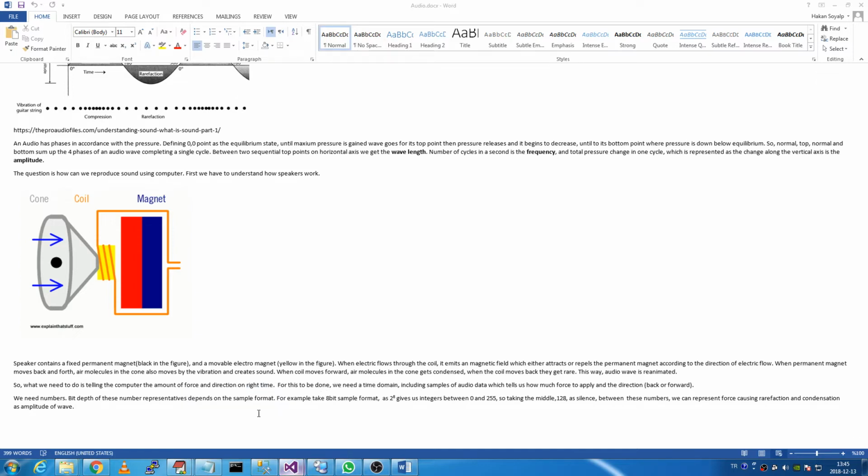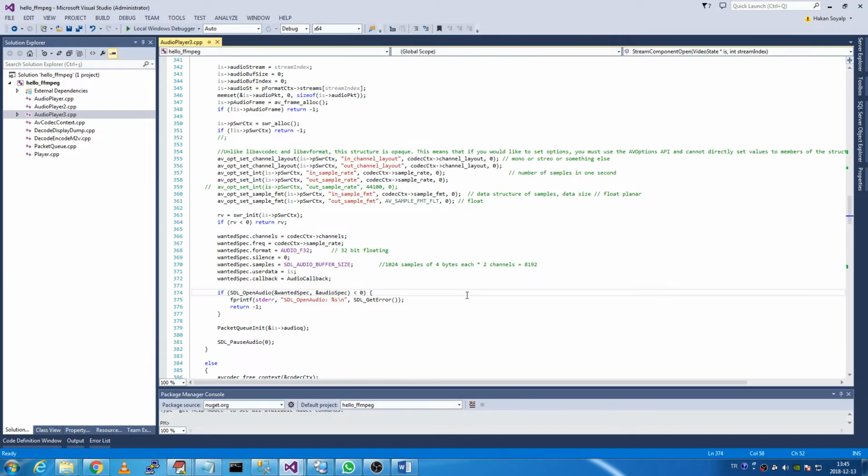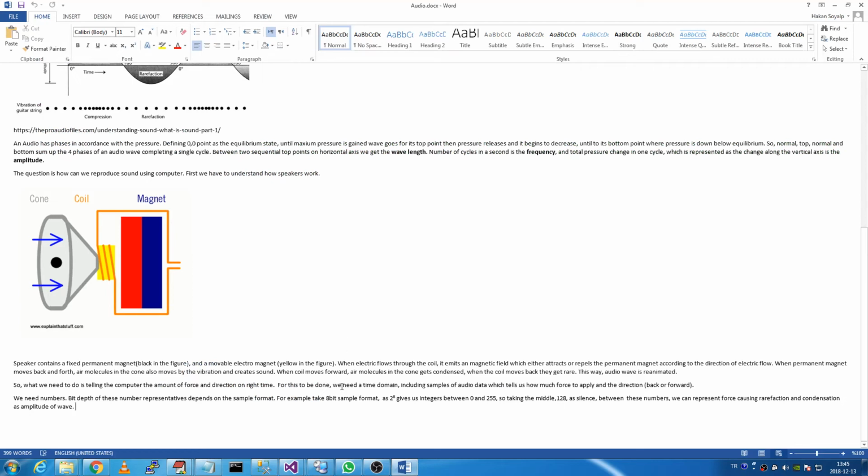For example, we don't see our sample format here because we take it from the decoder context, but let's suppose that the sample format is unsigned 8-bit integer, and this gives us